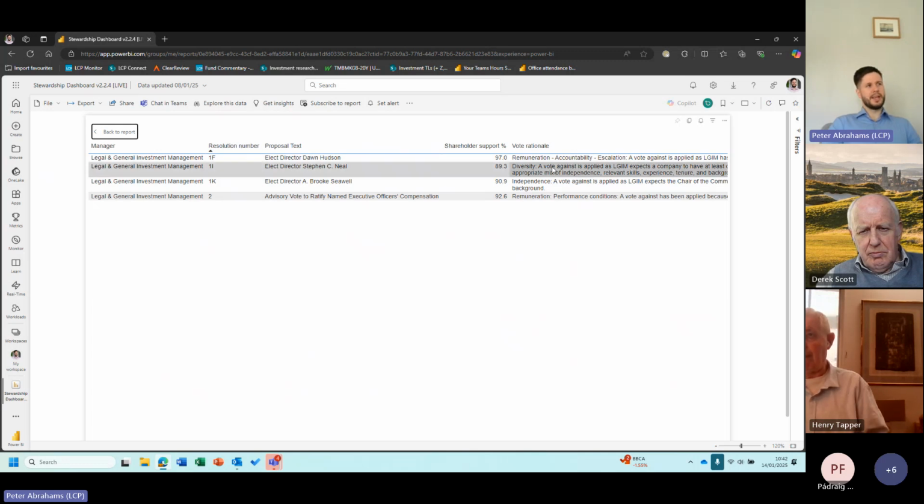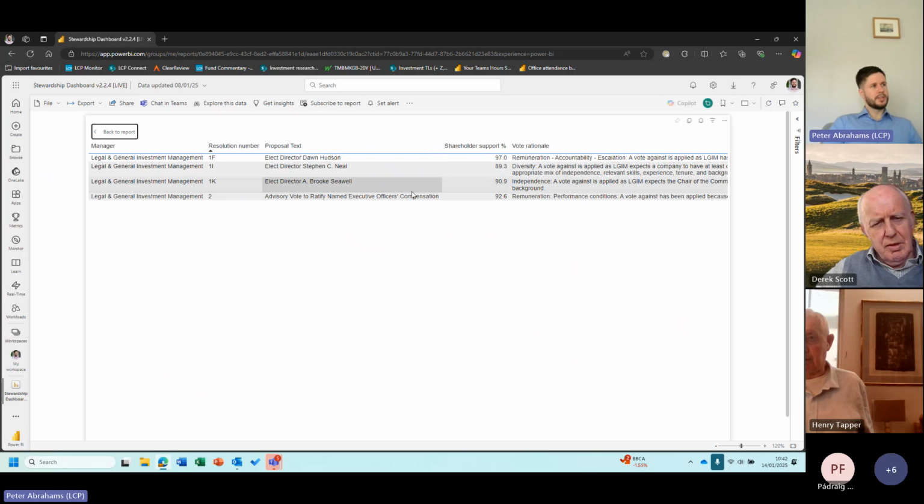And LGIM, helpfully in giving us this vote rationale, gives us a bit of information about what policy it is that LGIM has in terms of good practice or good governance that NVIDIA isn't meeting, and why they've then decided to oppose a specific resolution as a result. So for the compensation one, it's useful to see here that LGIM voted against on performance grounds. Now, essentially,